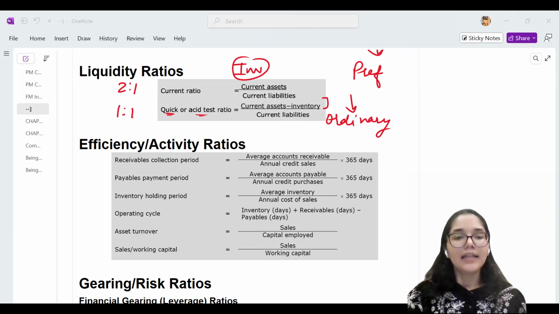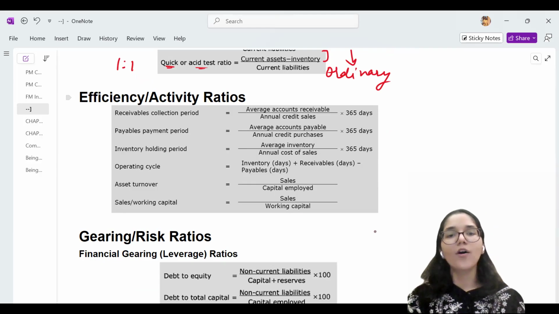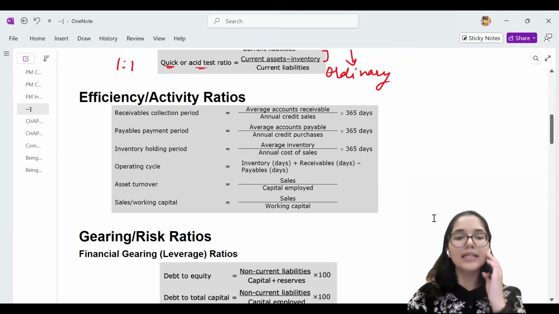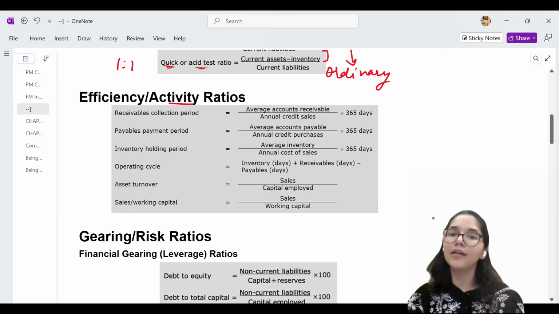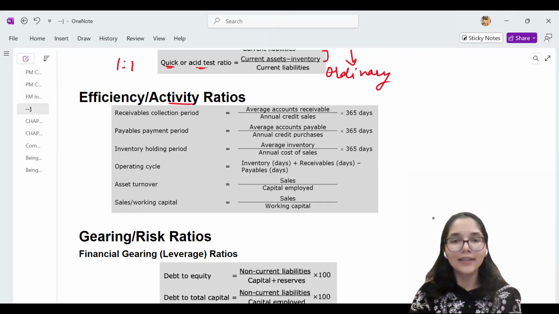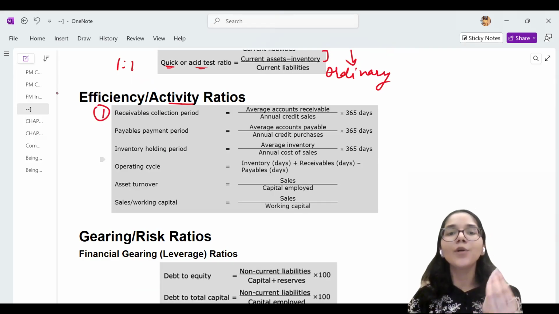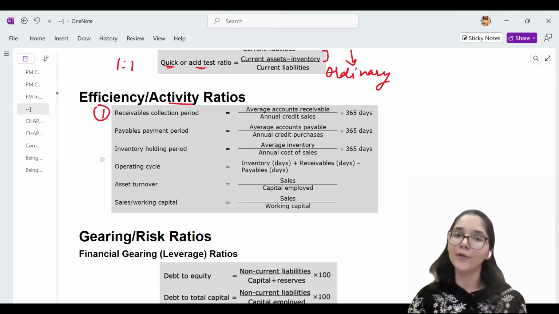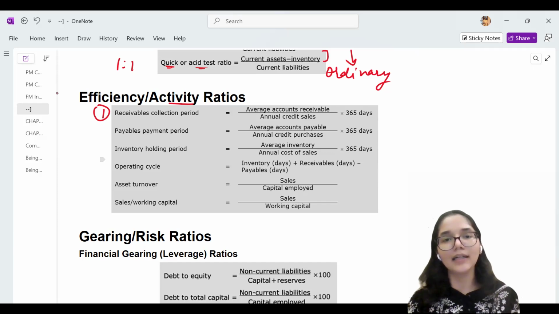Okay. Now we proceed further to the third category of ratios, which is the efficiency or the activity ratios. So here, these all ratios relate to the activity of the business. What is the day-to-day activity? Trading, selling and buying of the things. So whatever you sell to somebody on credit, that person becomes your receivable. So the receivables collection period is one ratio which measures how much time you take to collect the payment from your customers. So, what usually are the brands offering?